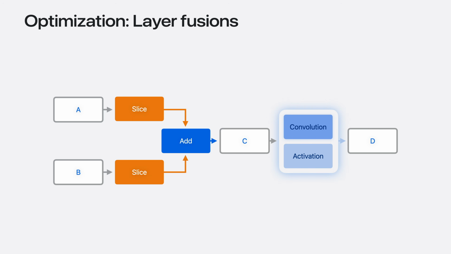Optimizing with layer fusion involves combining some layers into a single operation. In this example, BNNS has fused the convolution and activation layers. Another optimization is copy elision, where a slice operation may naively copy the data in the slice to a new tensor. BNNS graph optimizes the slice so that it passes a window onto the original data.